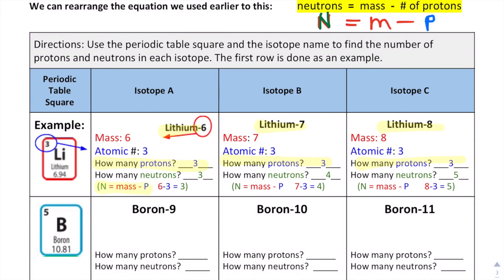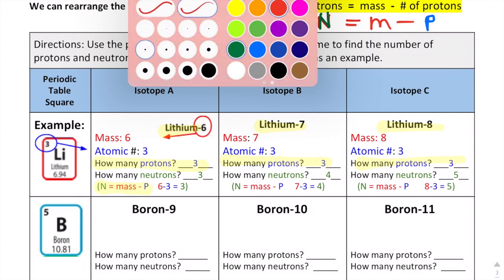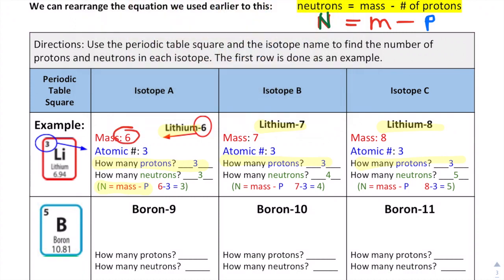So in this case, the mass is 6, and the atomic number is the same as the protons. So 6 minus 3 means there are 3 neutrons here for isotope A. We don't have a picture of that isotope, but you could imagine then it has 3 protons and 3 neutrons in its nucleus. Going to isotope B here, lithium 7, the mass this time is 7,